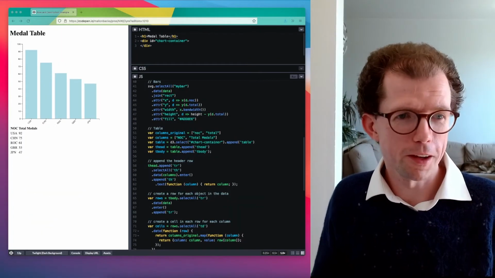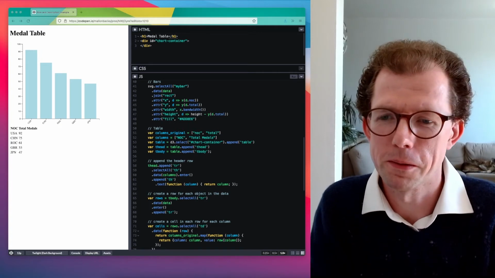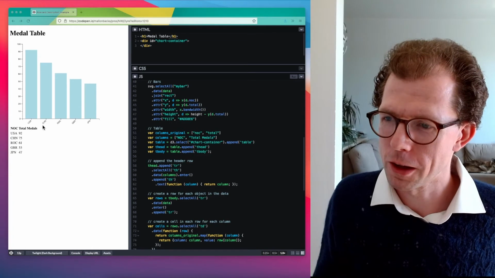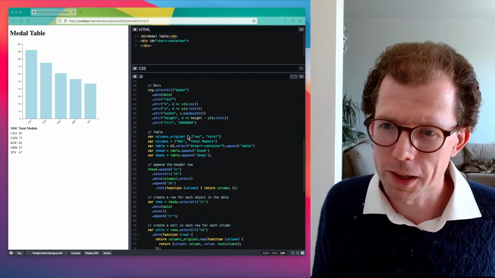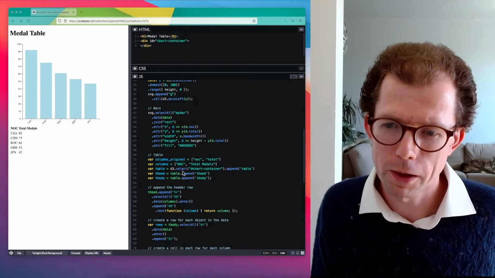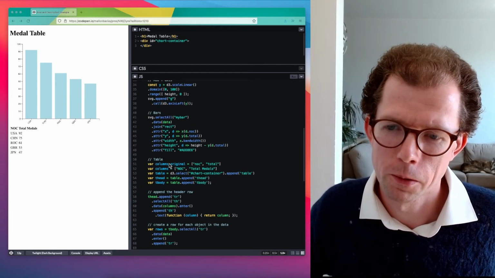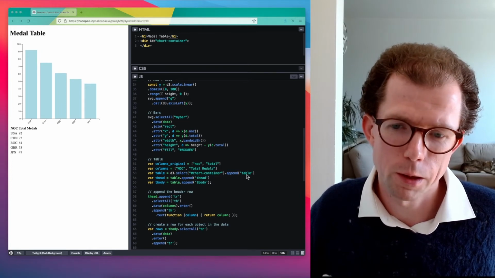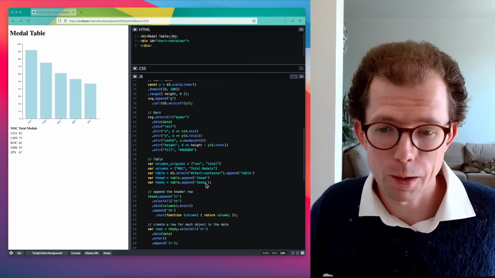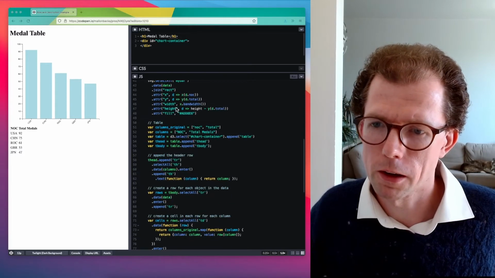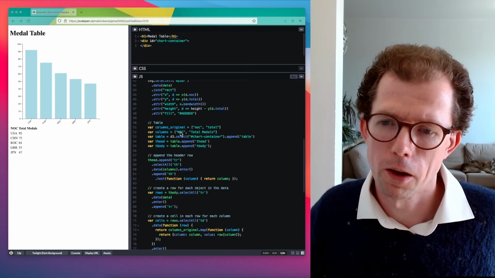I didn't want to sit here typing away with you watching, so I just paused it and let's continue. So we have a table visible now, and all we're doing here, underneath where we create the axes and the bars, is basically the same with a table. So we select the chart container div, we add a table to it, we add a head and a body to the table. And then we create the header row using this columns array.